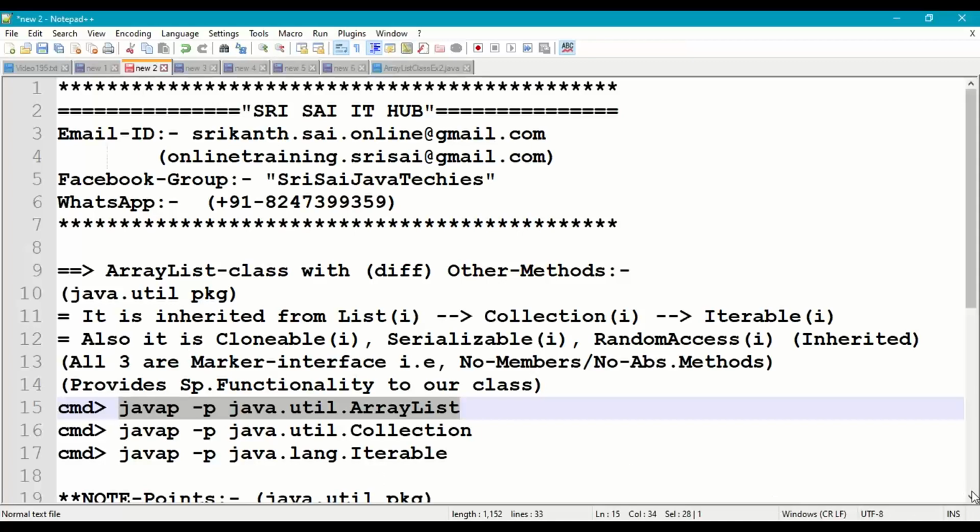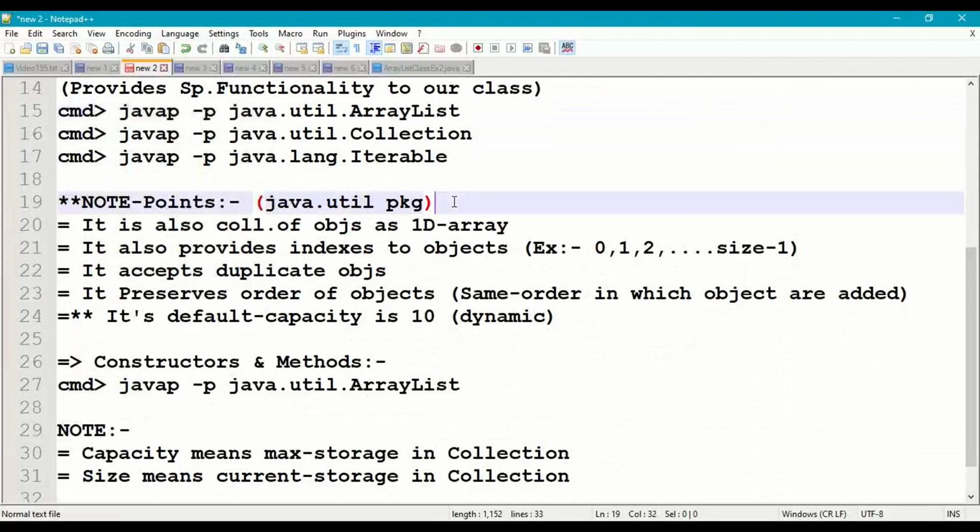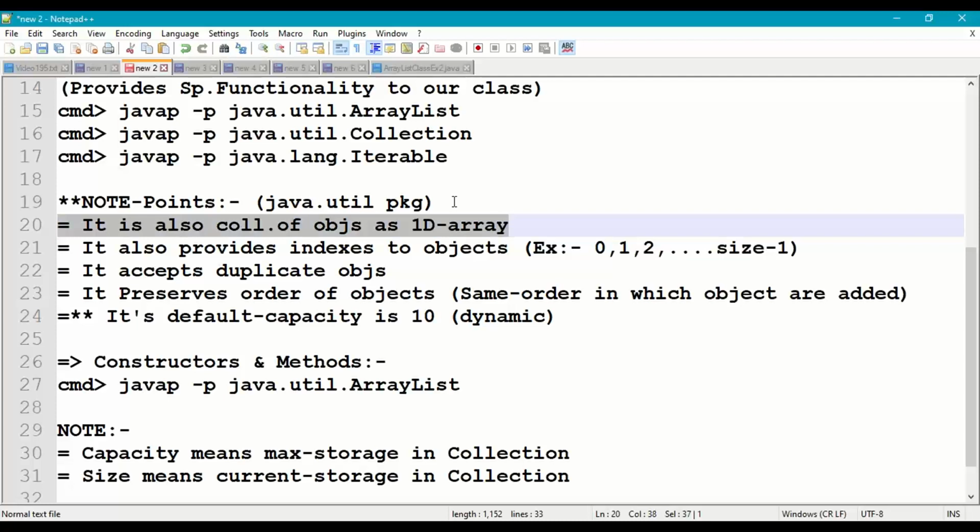Now coming to the ArrayList important points. First of all, ArrayList is available in java.util package. ArrayList is a collection of objects as a one-dimensional array, meaning internally it stores the collection of objects as a one-dimensional array.